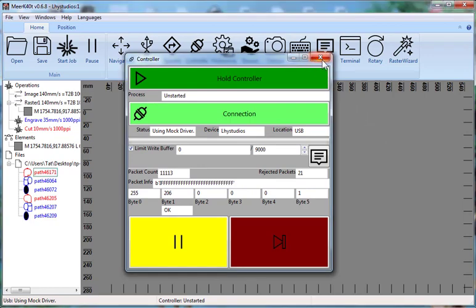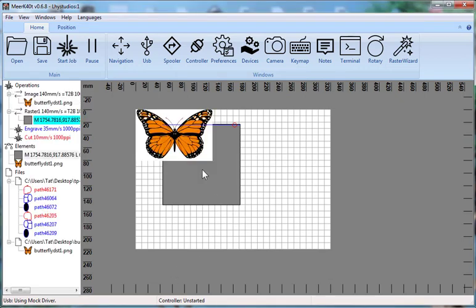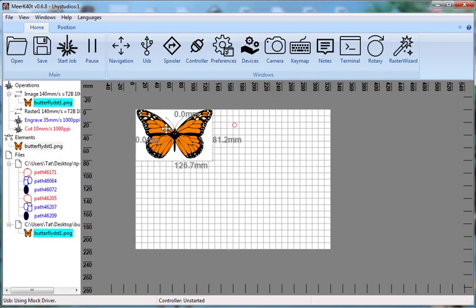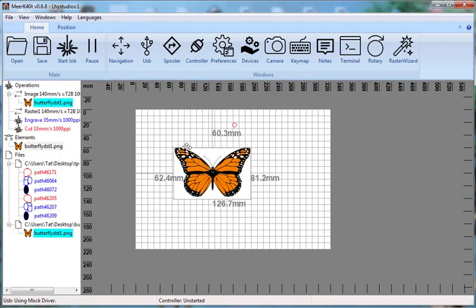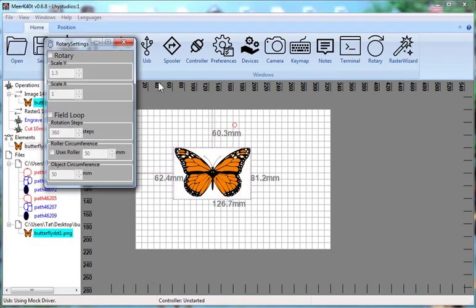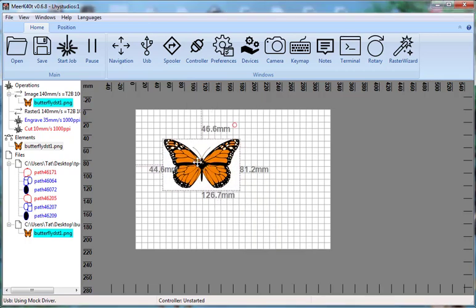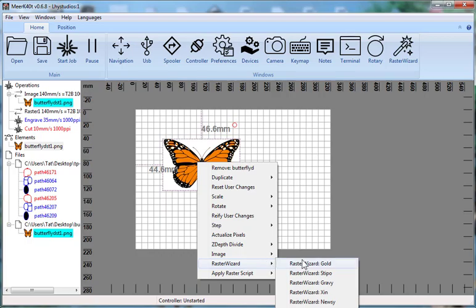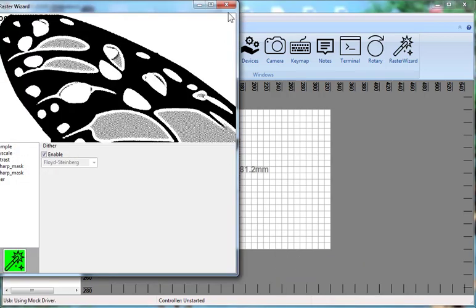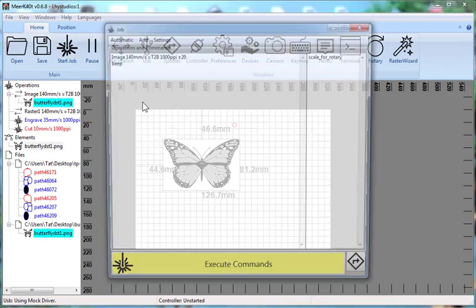Let's go over one of the few changes that I made to some small little aspect here. There's an issue with the way Rotary works. So if you went to Rotary Settings, right, and you turned it on and you set it to 1.5 or whatever, then if you wanted to do an image here and you wanted to raster an image, say if you wanted to use Raster Wizard and you apply, say, gold to it, sure, gold, and you start the job, it